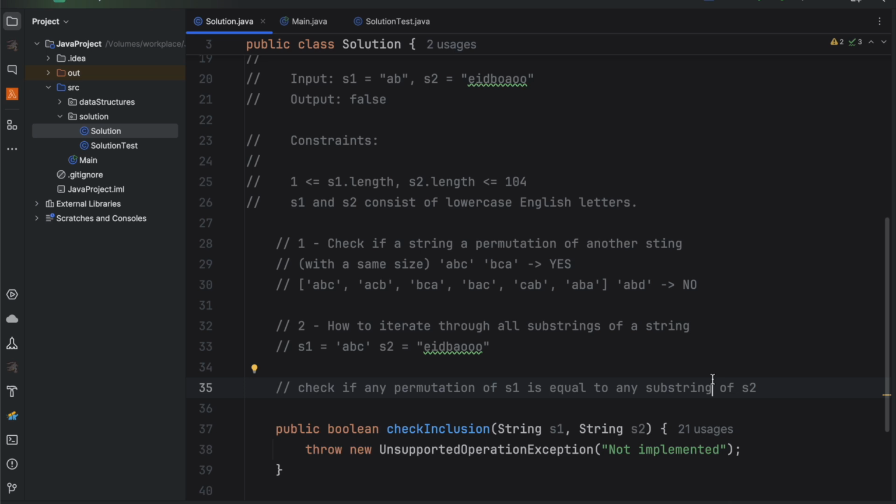We can consider maybe a slightly more efficient solution. So the key thing is to figure out, when we are comparing two strings, let's say ABC and BCA, and we want to check whether any permutation of the first string is equal to the second string, assuming that they have the same size as here, what's common for any permutation of a string with another string